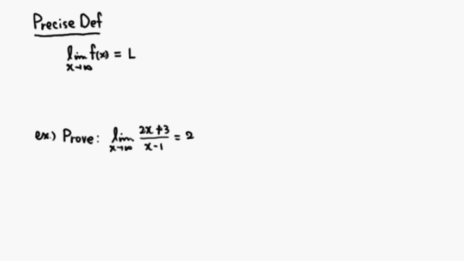Alright, let's look at the precise definition of limit at infinity. We say the limit of f of x as x approaches infinity is equal to L if, for all epsilon greater than 0, there exists n. It doesn't have to be positive. I'm going to just go ahead and say positive, such that